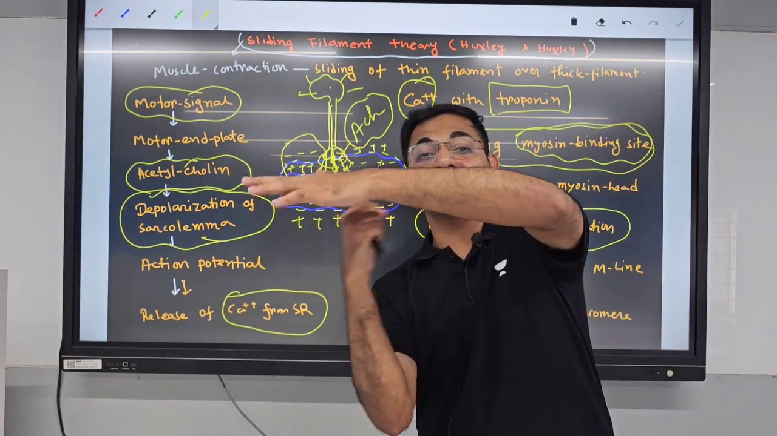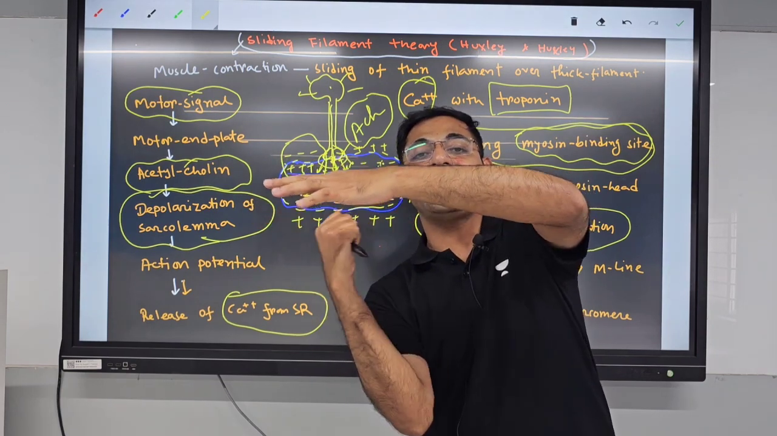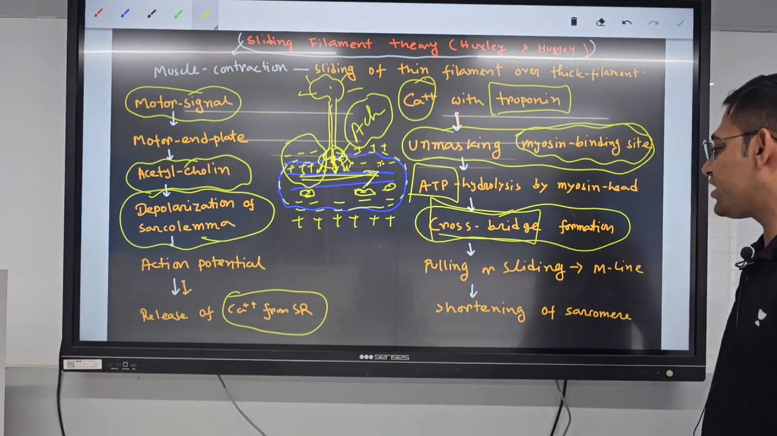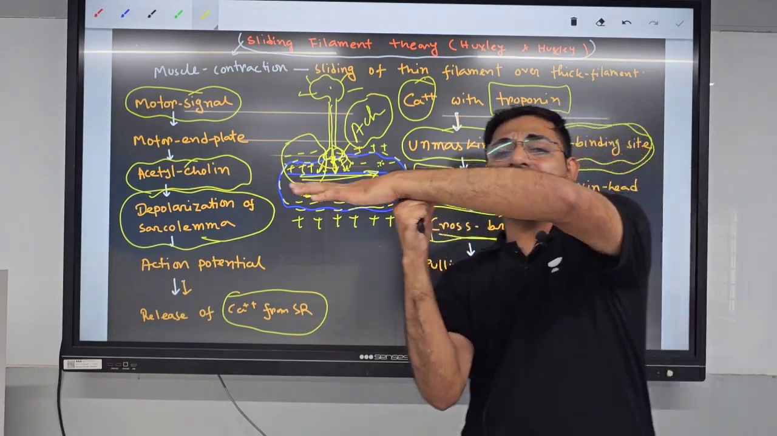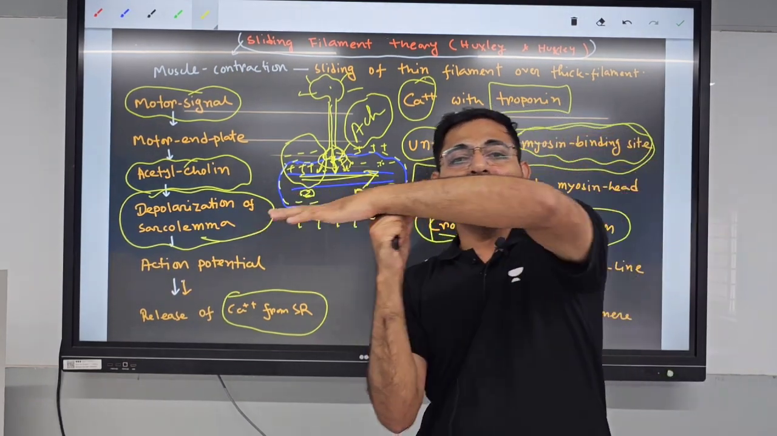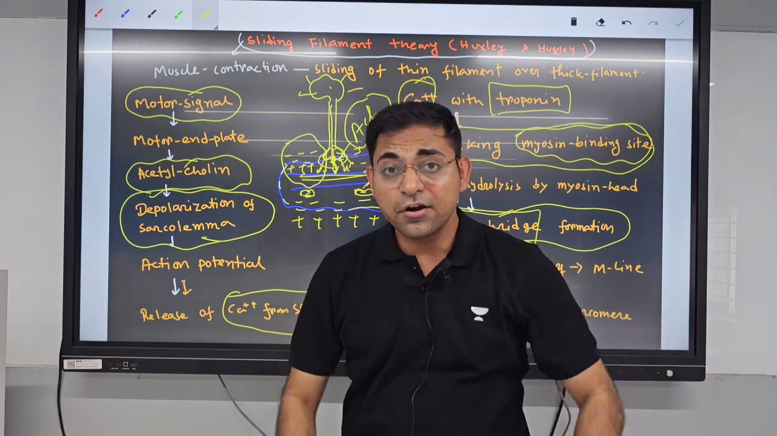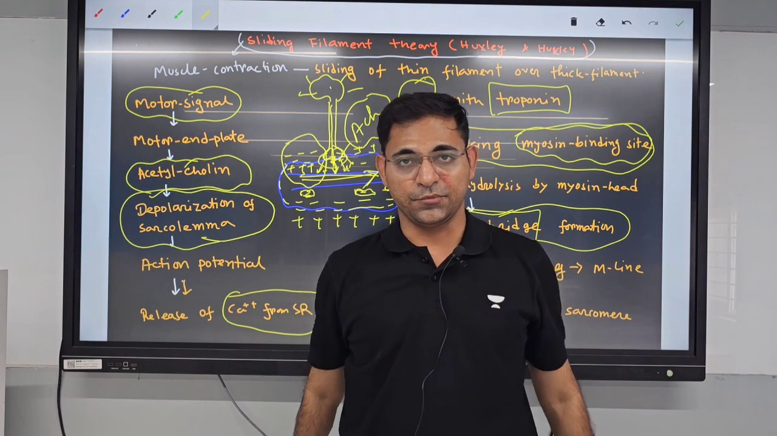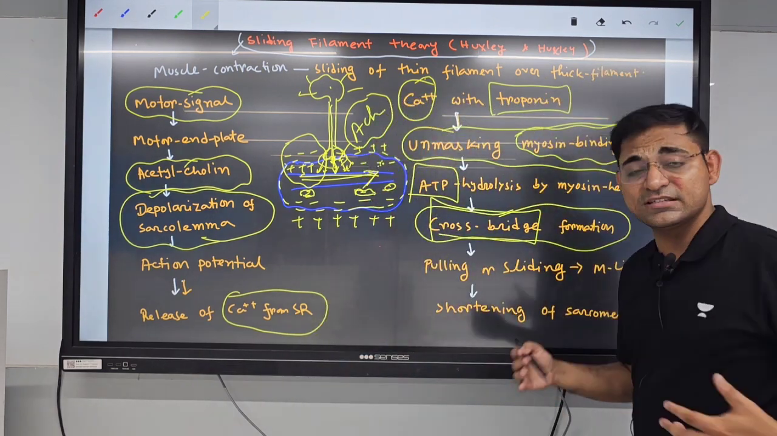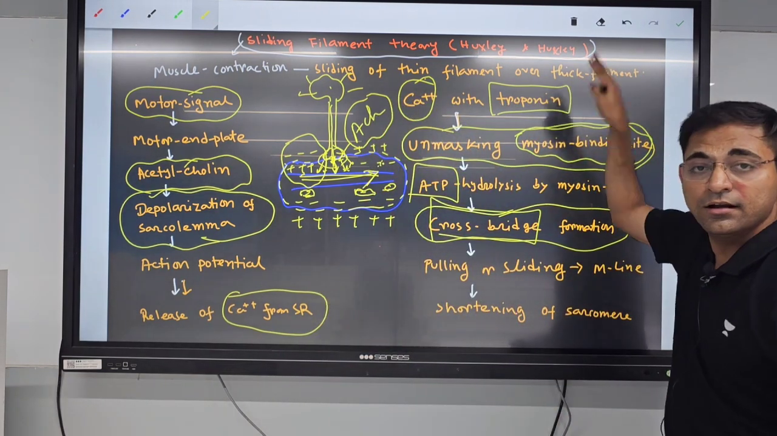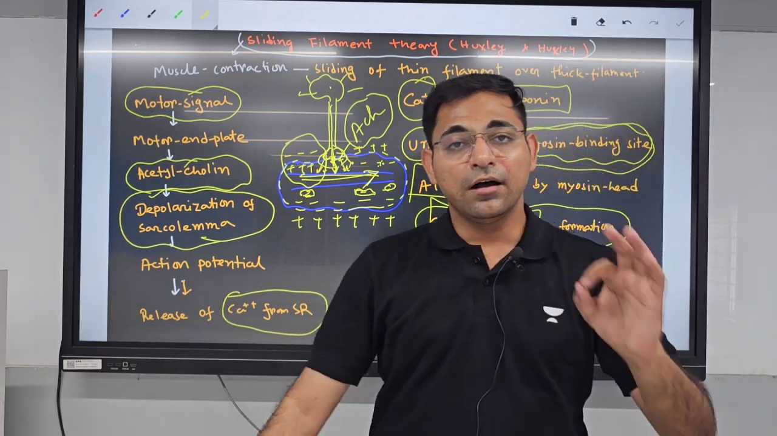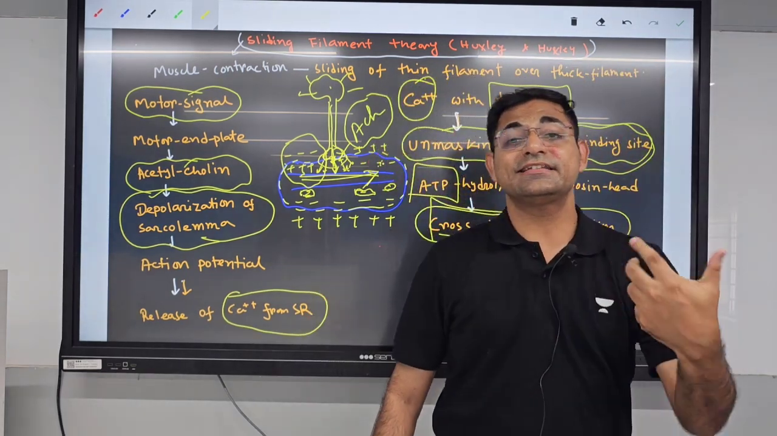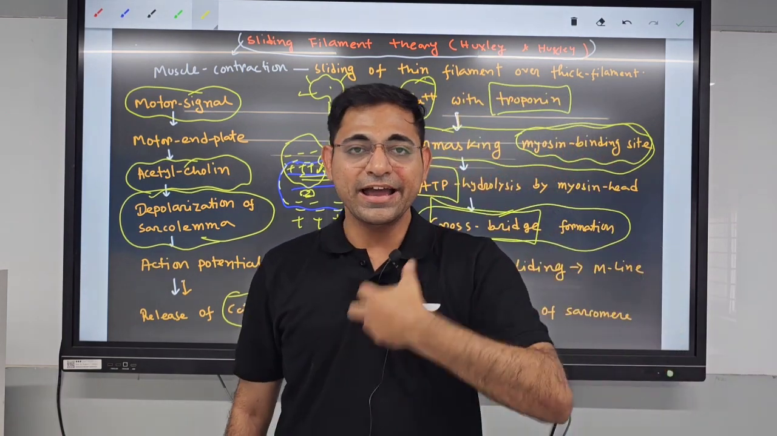It will form a cross bridge. It will get attached with the actin. That is called cross bridge formation. And ultimately it will pull the actin filament towards the M line, towards the middle zone. Okay. So this is basically a rough flow chart of sliding filament theory, where it is explained how muscle gets